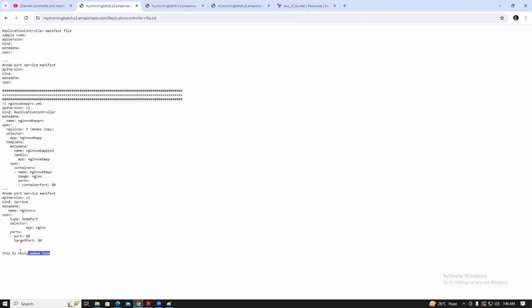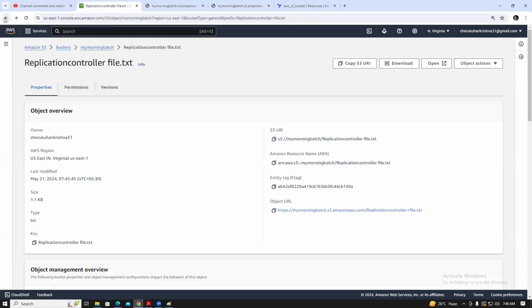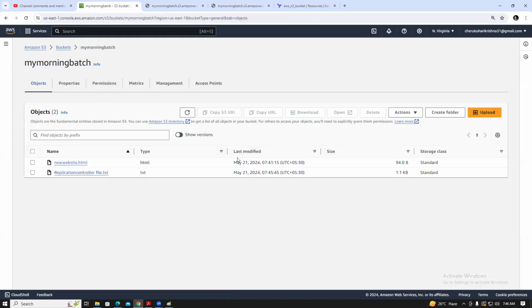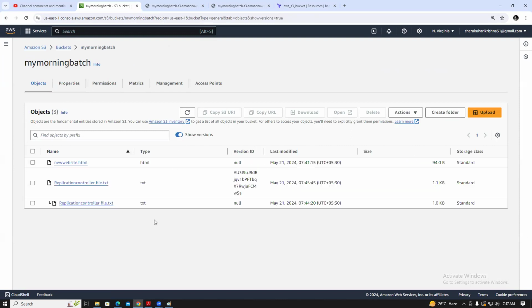Yeah, you see, this is the newly added line, right? Understood? So if you enable versioning and add any content to the file,